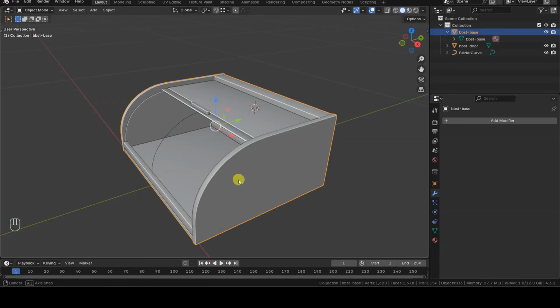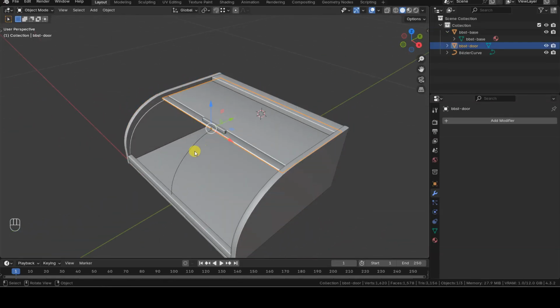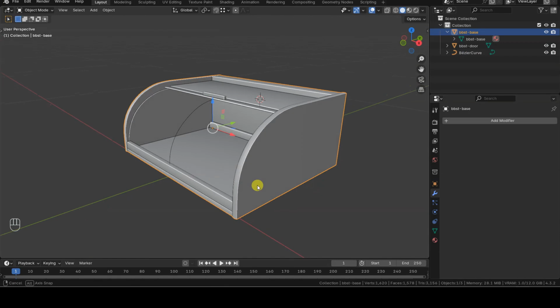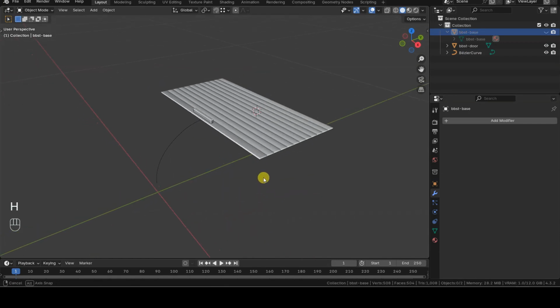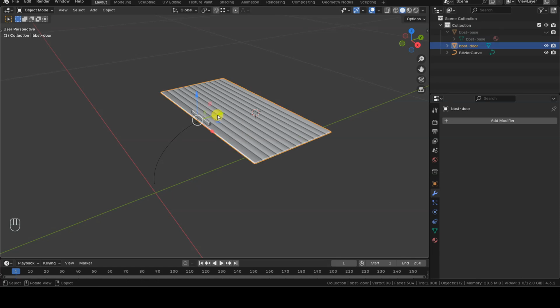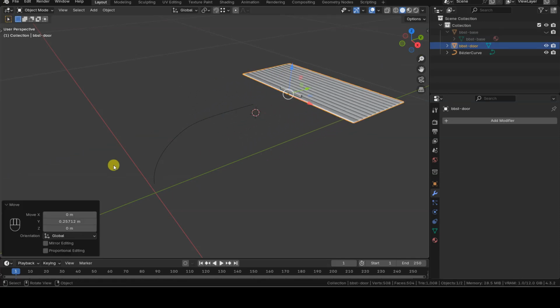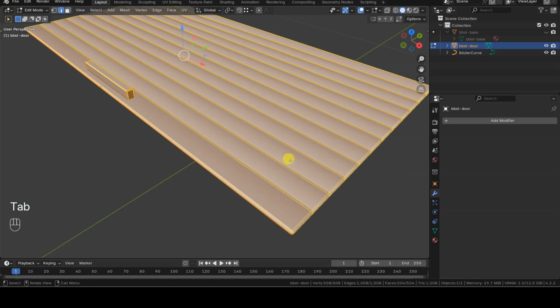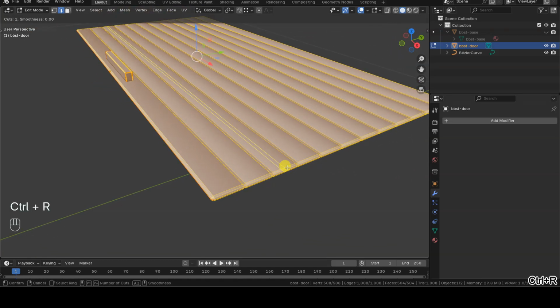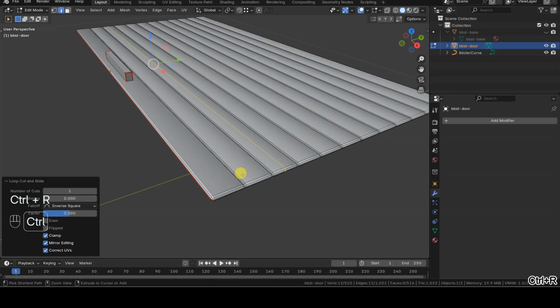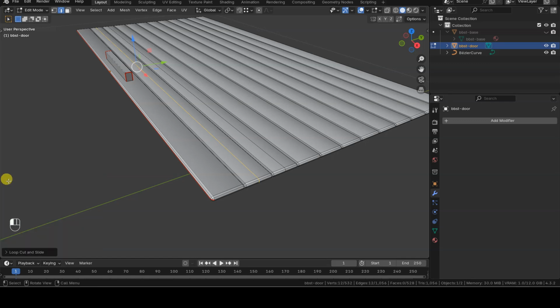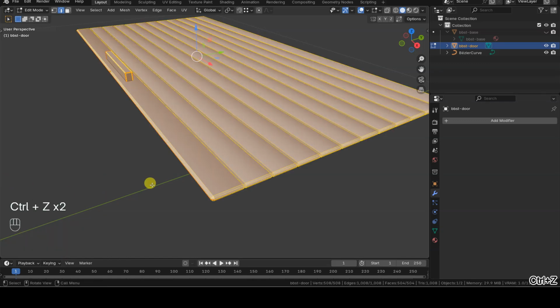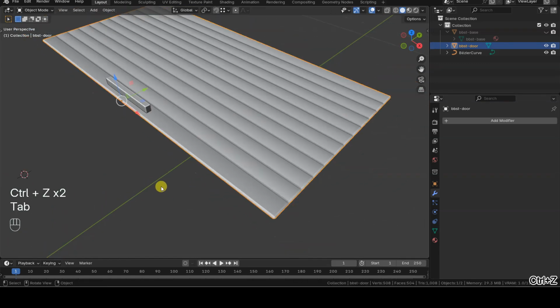The scene used for this example contains 3 objects. The breadbox container has no modifiers, and for now, I can set it aside to focus on the rest. The second object to analyze is the breadbox lid. As you can see, this object is initially straight because it will be deformed by the path curve. There are also several horizontal cuts, made using loop cut and bevel, which will help deform the object properly when it moves along the curve.